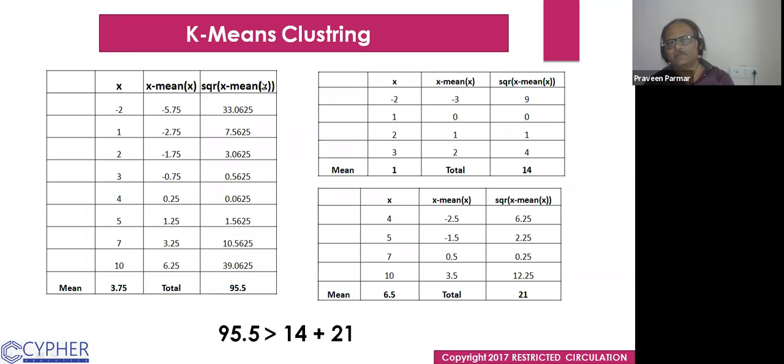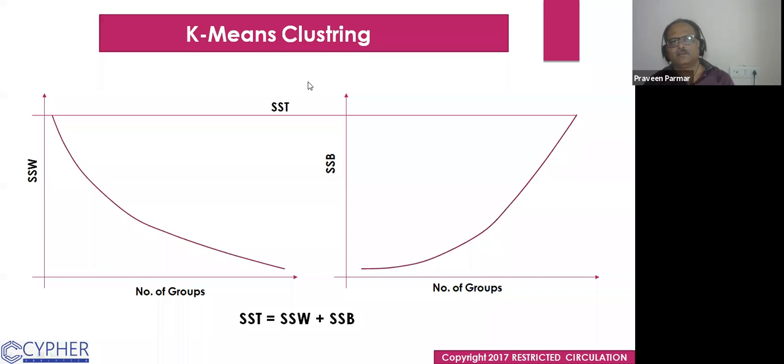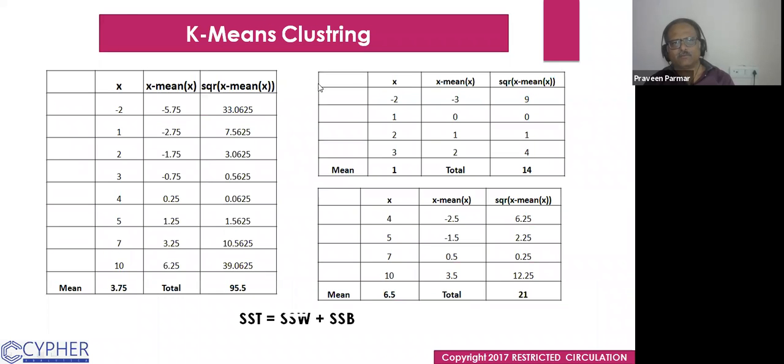K-means clustering now I am talking about. I have explained what K-means is that we are working on here. X has the value and the mean is 3.75. I'm explaining it mathematically now. X minus the mean of X, so 2 minus 3.75. I get this value and I square it. So I'm getting this one. So the total